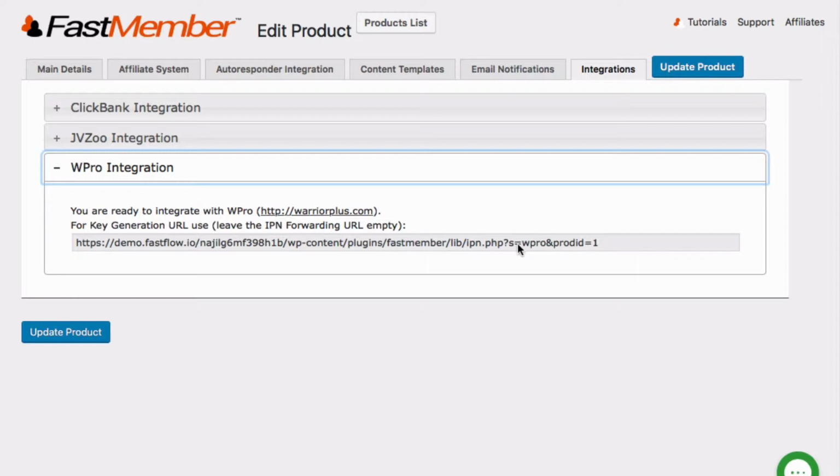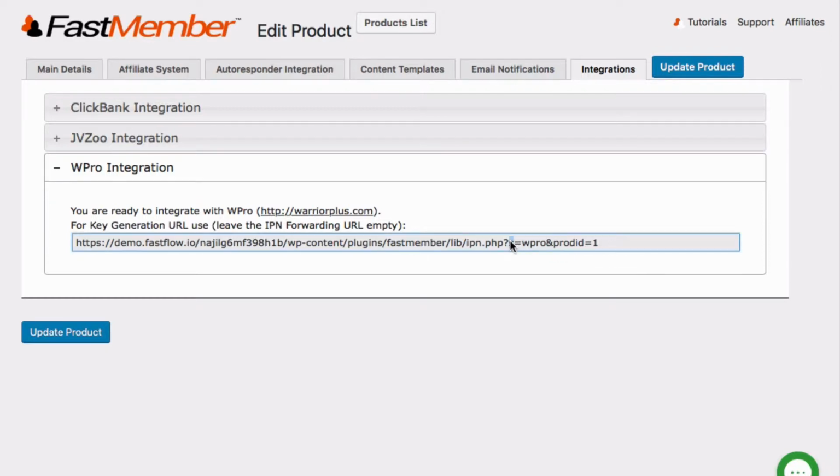And then at the end of it, you're going to see ipn.php, and then it's going to have a query string. And at the very end of that is going to be your product ID. Okay, so this is product number 1. So what you want to do is basically copy this URL,